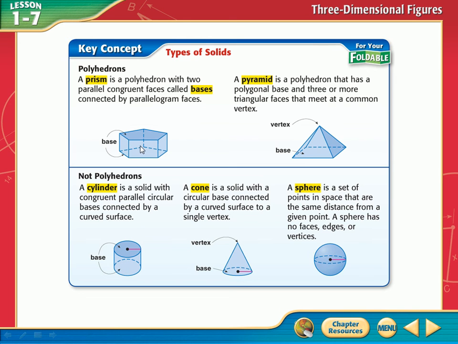But look at the sides, though. The sides aren't rectangles. They're not triangles. Look at this. It's basically kind of circular, isn't it? It's rounded, all right? And there we go. We just say it's connected by a curved surface. That's a cylinder. A cylinder is kind of close to a prism, right?